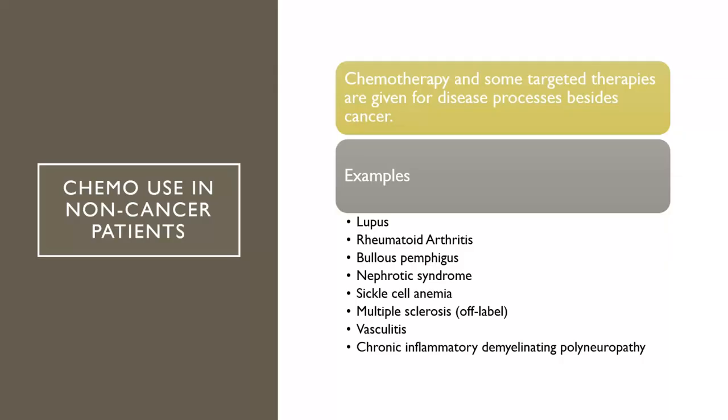Chemo use in non-cancer patients. We do use chemo in non-cancer patients. We call them immunomodulators. So like your Crohn's disease, your lupus, your rheumatoid arthritis, any of those immunosuppressant drugs that we give them are really just chemo. So think of your ulcerative colitis patient that's getting Humira, or your patient that has some kind of autoimmune disease and they're getting methotrexate. Because their immune system is hyperactive, if we suppress it, that immune system comes back down to normal and stops killing healthy tissue.